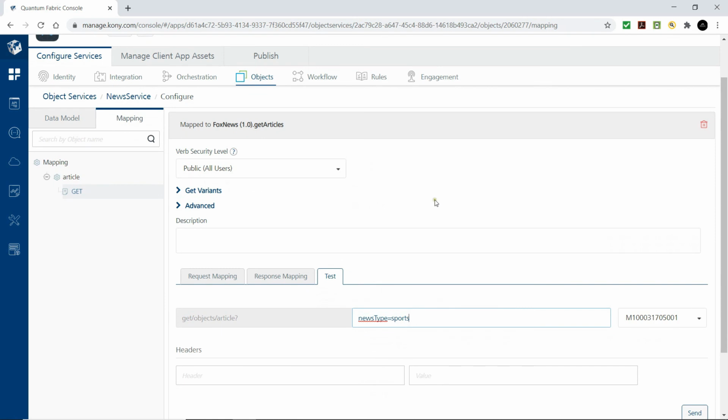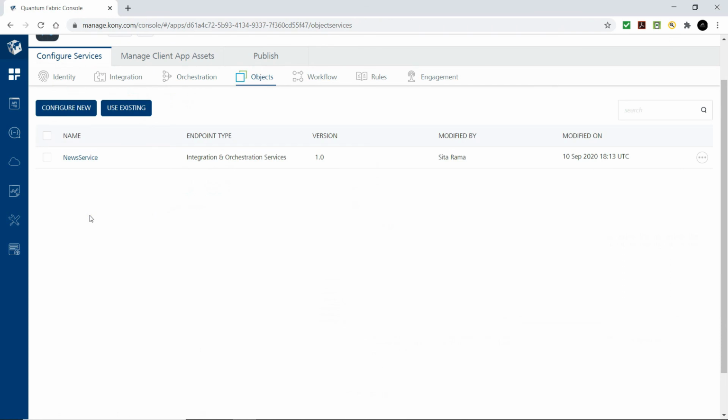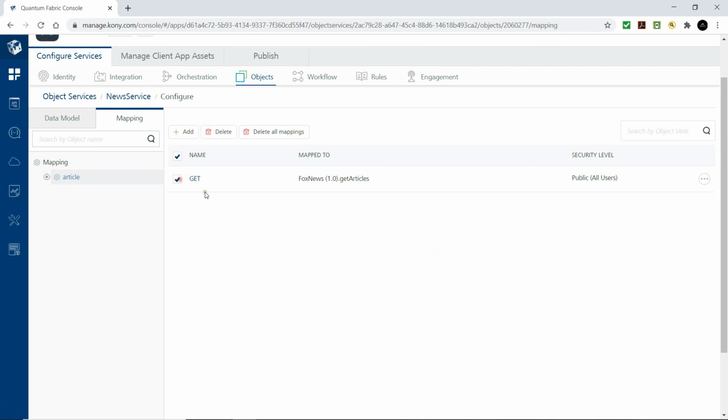In the Fabric app, go to the Object Services, and currently the get operation on the articles object is talking to the Fox News Get Articles integration service to fetch the news articles from the Fox News feed.